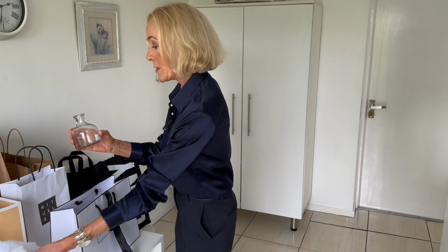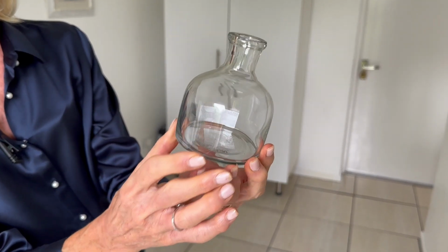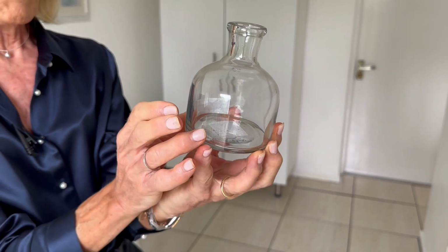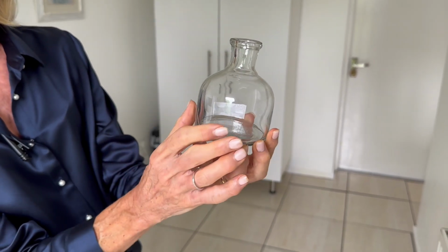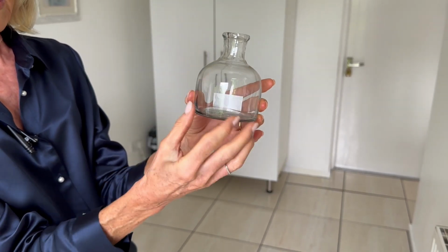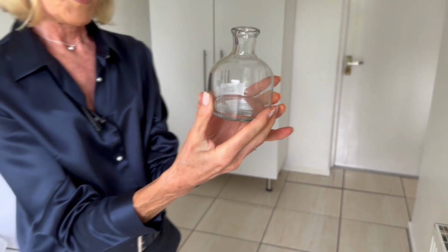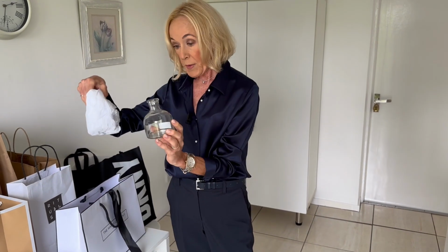But they're just really plain, the 3 of them, very, very simple. These are mouth blown, it says here. So they all have little different variances on them. And they do have something very similar in a sort of a styled glass at the moment that I will link on. But these, I just think, so I picked up 3 of them